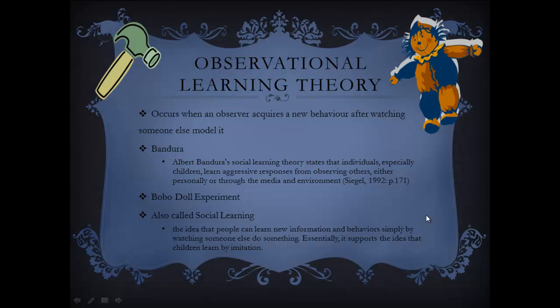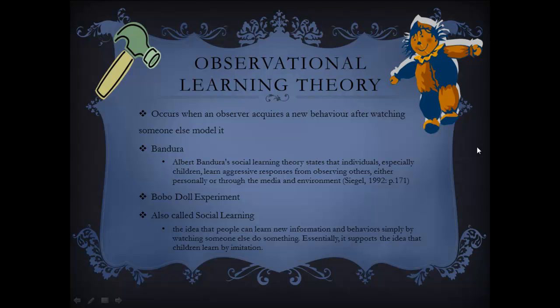Okay, so thinking about what you saw from that clip, you can see that it looks a lot like, let's just say, monkey see, monkey do. Kids do pick up a lot from their environment, not only kids, even adults. We're social creatures and we look up to role models, and sometimes we try to exhibit their behaviors. So, like you see here, observational learning occurs when an observer acquires a new behavior after watching someone else